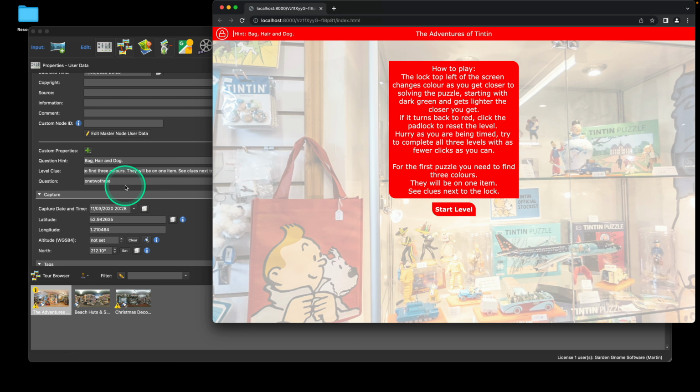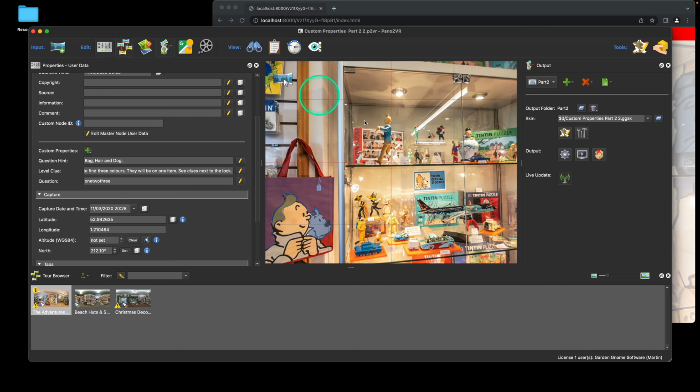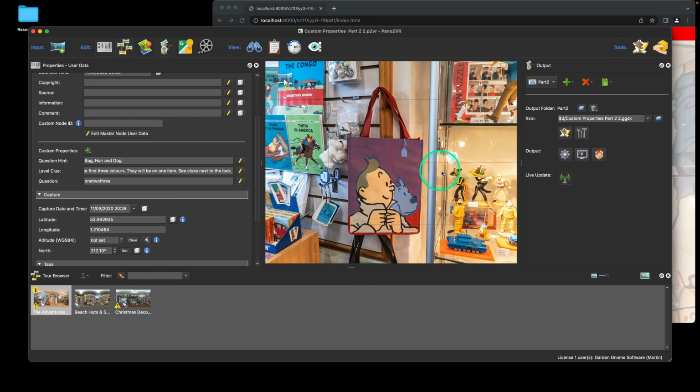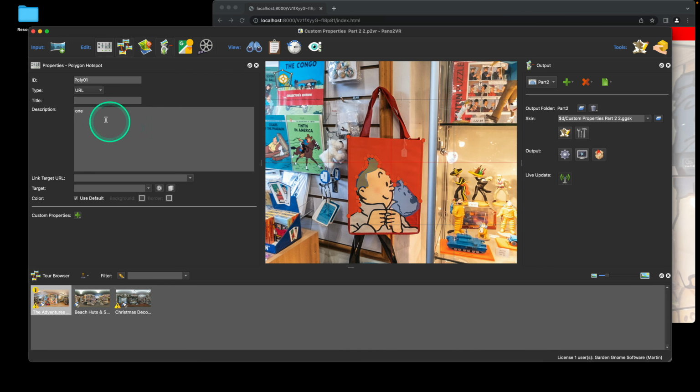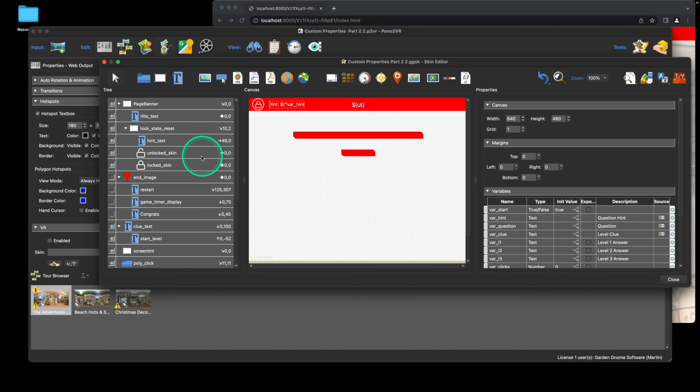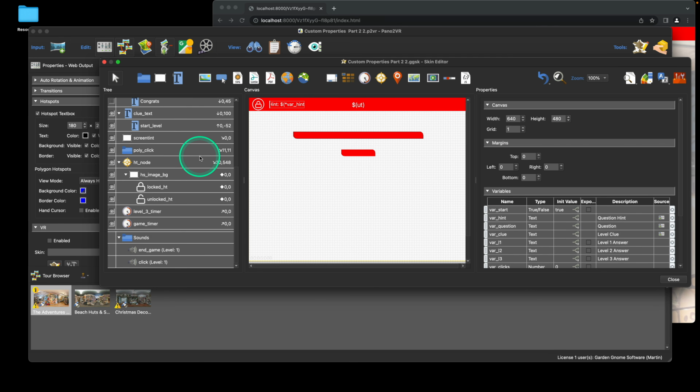Why is it 1, 2, 3? Well, let's just have a look. If we have a look at the Polygon Hotspots, the first one has got, in the description, it just says 1. The second one, it has 2, and on the dog, it has 3. All right. Okay. If we have a look in the skin, what we're doing is